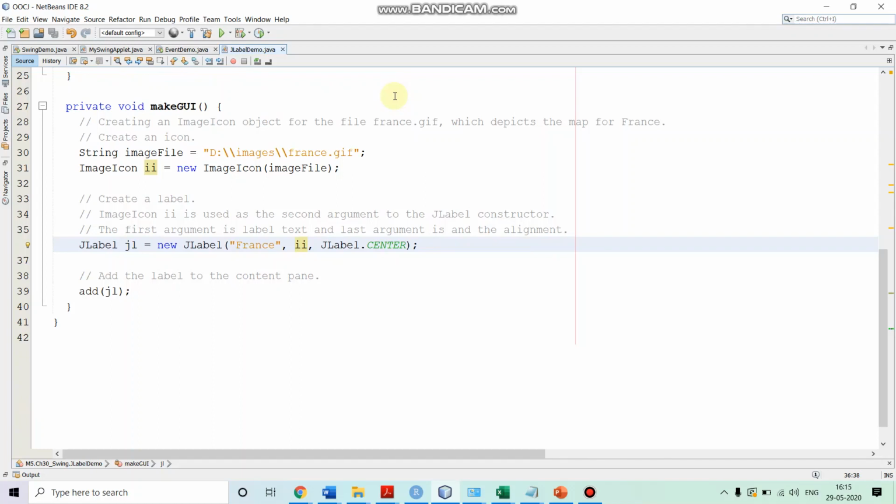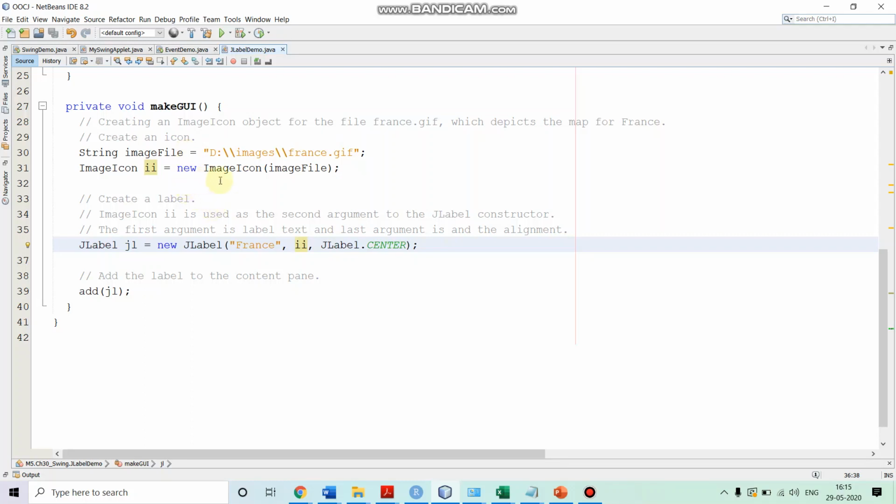In order to create an image icon, we first specify the file name where the image is. So we create a string imageFile in which we specify the file name. We are using a file france.gif, which contains an image of the map of France. That file path we specify in imageFile.